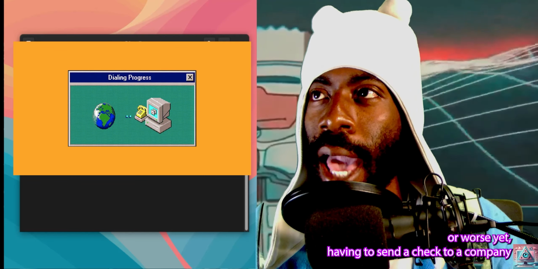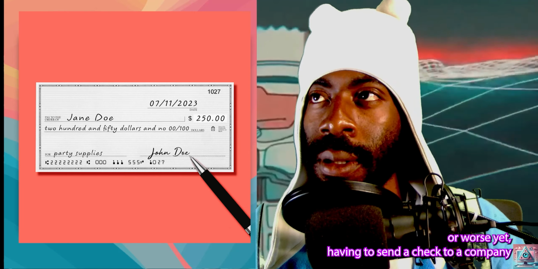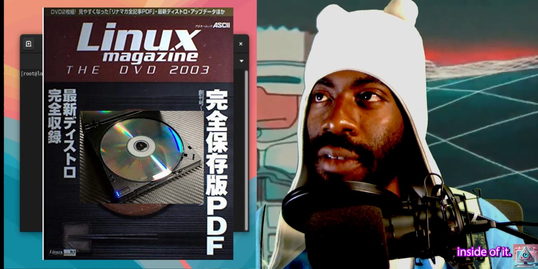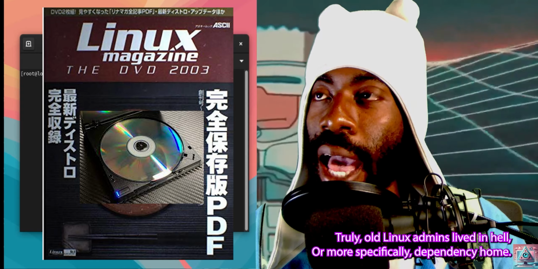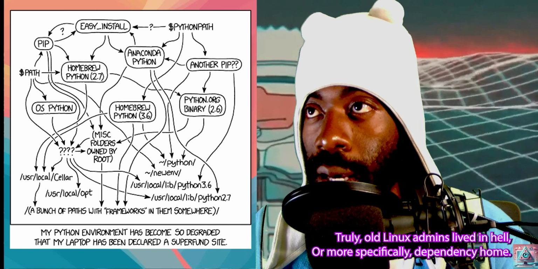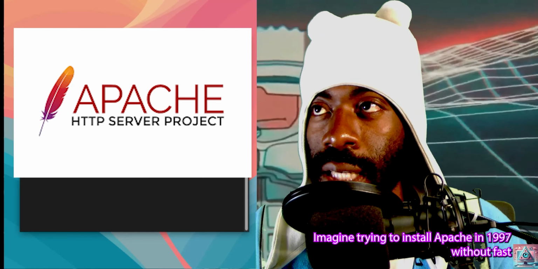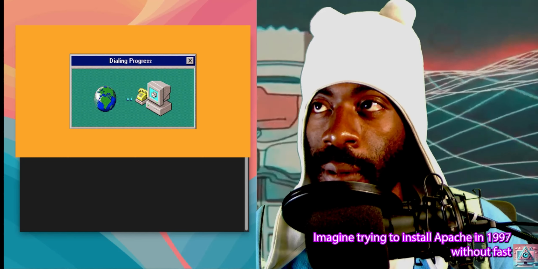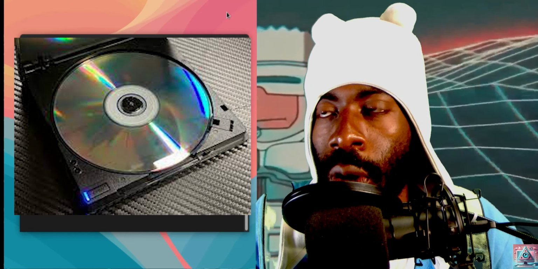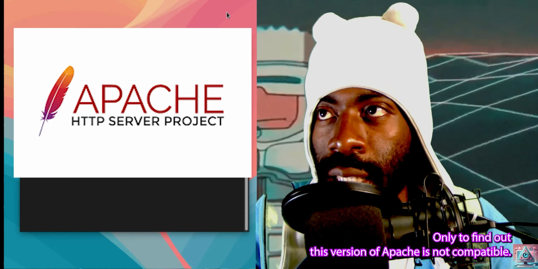Or worse yet, having to send a check to a company and having them send you a magazine with a CD inside of it. Truly, old Linux admins lived in hell. Or more specifically, dependency hell. Imagine trying to install Apache in 1997 without fast internet. You then plug your CD in and start to install, only to find out this version of Apache is not